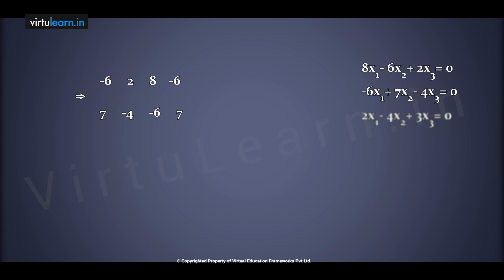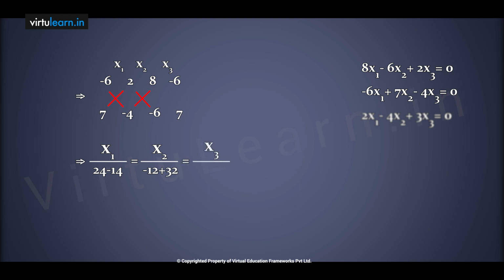You write here, this is the upper part: x1, x2, x3. Middle of minus 6 and 2 you write here x1. In the same way, middle of 2 and 8, x2. From these two things you write x3. x1 by minus 6 into minus 4 plus 24, minus determinant of the first 4 elements here, 7 into 2 minus 14, equals x2 by 2 into minus 6 minus 12, plus 8 into minus 4 is minus 32, minus into minus becomes plus 32,